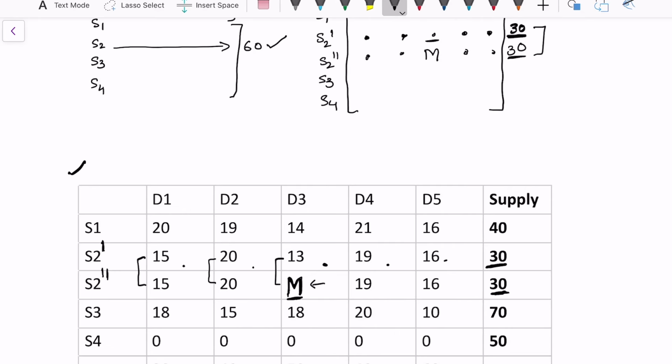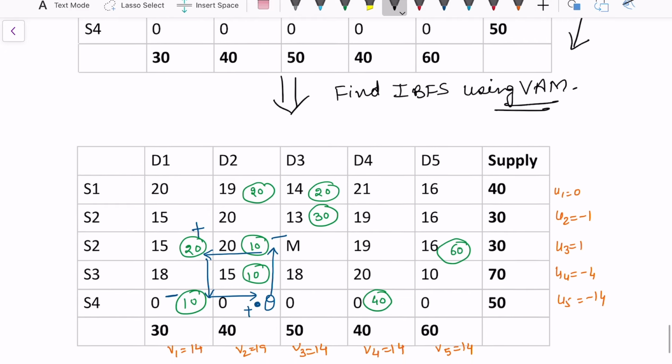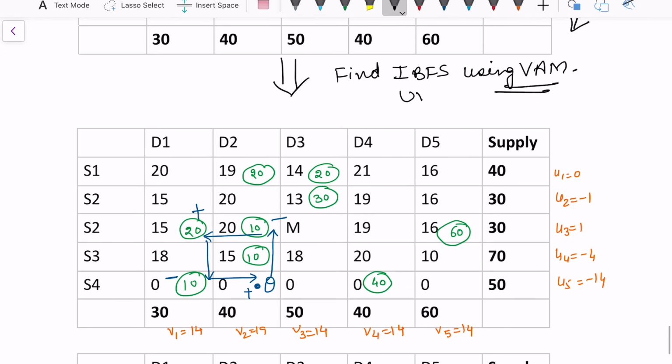And now if I solve this question from this table onwards, solve by initial BFS by Vogel's approximation method. You can apply least cost method also or Vogel's approximation. I prefer to apply this because it makes me reach nearest to the optimal solution, followed by UV method. So we get the next table. Now here is the next table, and in the same table I have applied UV method. So we see the green allocation, that is the initial BFS, and then I have calculated UiVj.